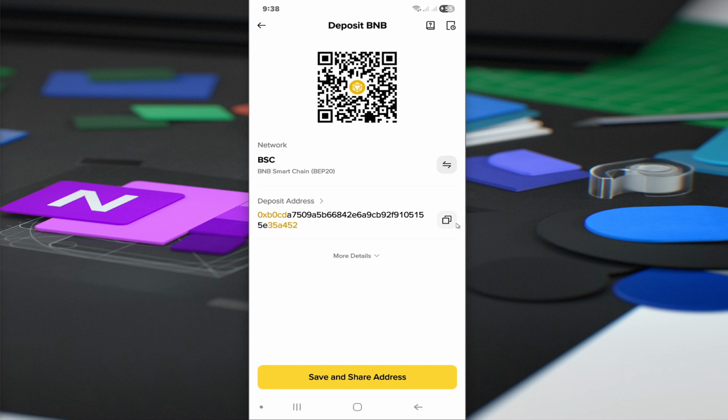So all you got to do is just copy it and paste it to the crypto exchange where you would like to get the BNB from. Okay, and follow simple prompts. And once done, you're good to go. That's how easy it is to get